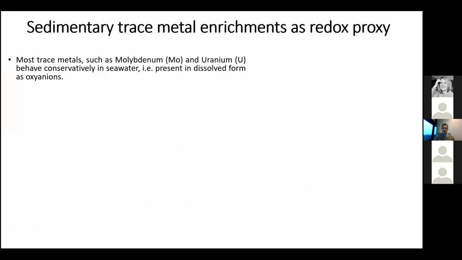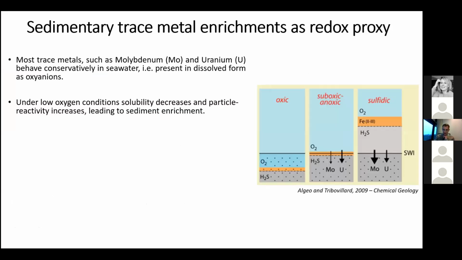Thanks. Right, okay. So most trace metals, such as molybdenum and uranium, behave conservatively in seawater, and they are present in dissolved form as oxyanions. But under low oxygen conditions, the solubility decreases and the particle reactivity increases, and this leads to sedimentary enrichment. That's also nicely shown in this figure next to this. When oxygen is present, there's no enrichment. In the suboxic and anoxic conditions, you see some enrichment, and in the sulfidic conditions, there's a lot